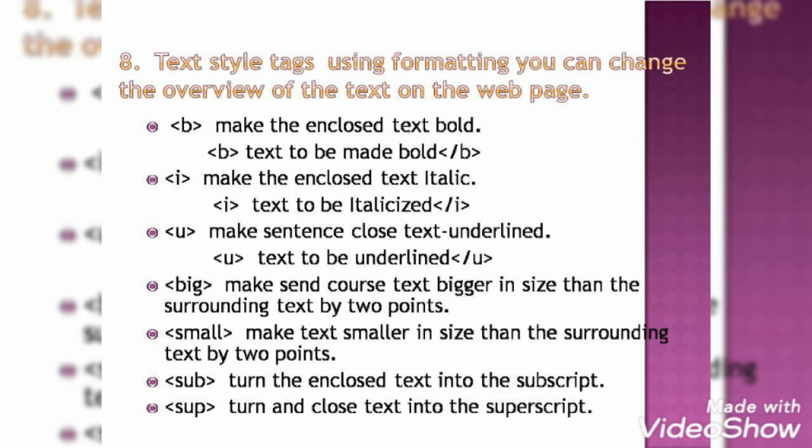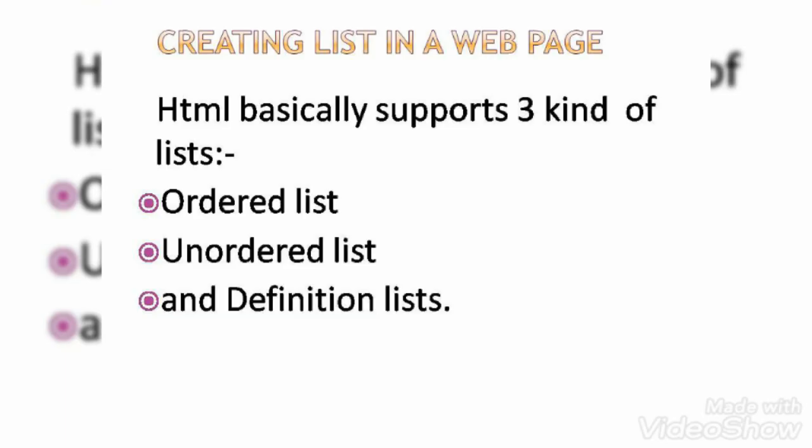Now, a very important topic: creating a list in a web page. Very interesting. You have your web page, and you want to come up with a list of your friends, a list of your favorite desserts, or anything you want to make a list of. We will be doing this in HTML also. First of all, there are different types of list. A list is when you want to bring your things in an ordered manner, in a particular pattern, in a systematic way. We have different types of list: ordered list, unordered list, and definition list.